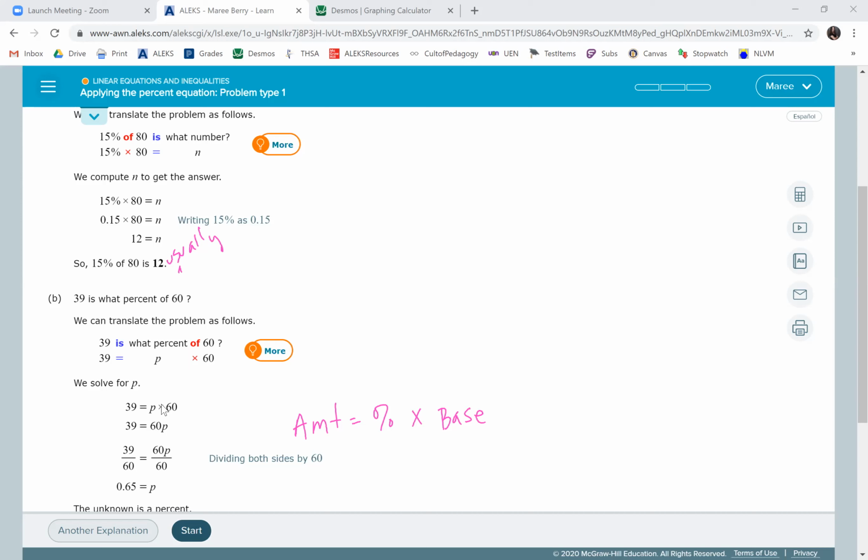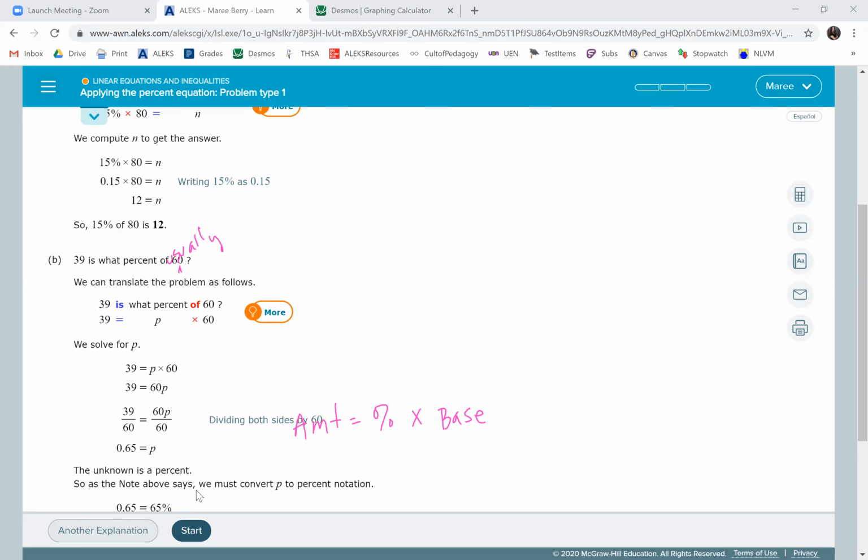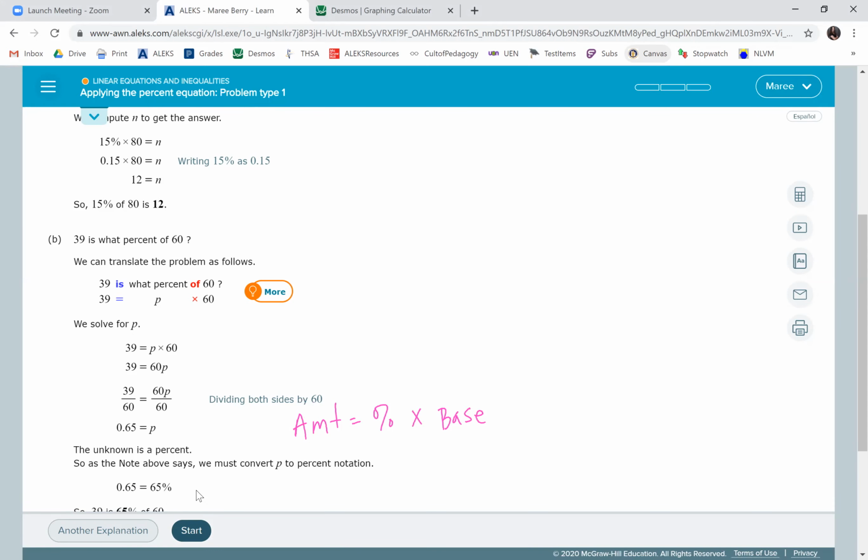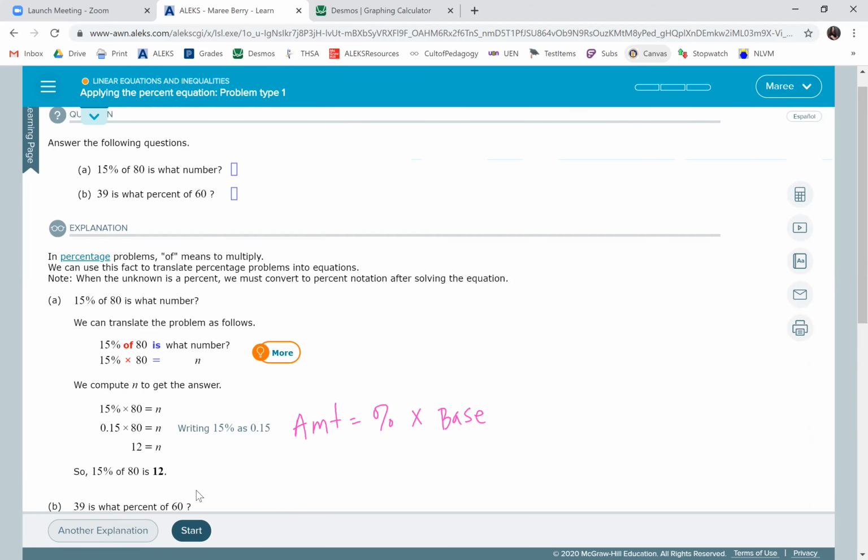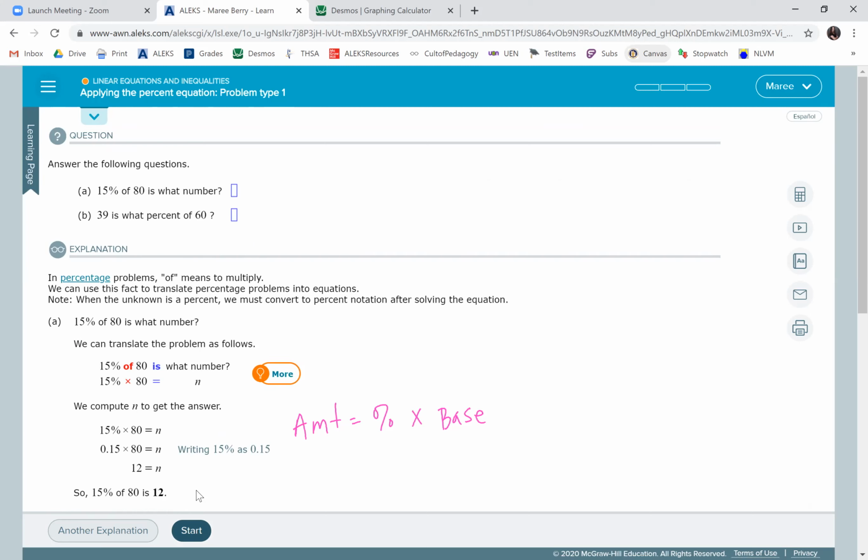When you times a number and a variable, you usually put the number first, and then you can divide by 60, and you get 39 divided by 60 is 65%. You have to remember that when you solve for percent using this method, you get a decimal, and then you've got to change it back to a percent. So the other way to do it, which they don't explain in here, is you could write a proportion,